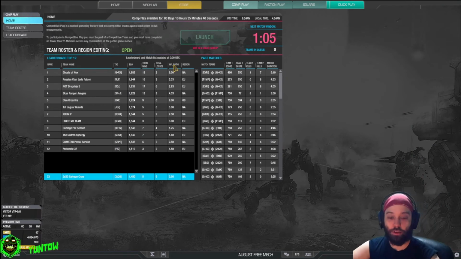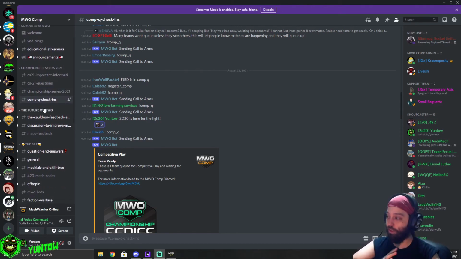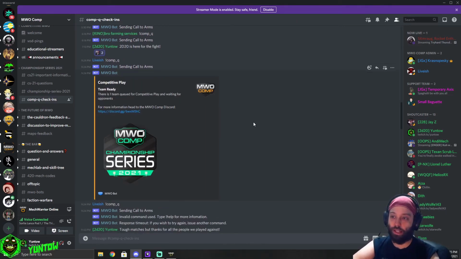Now you might be asking yourself, well, Yuntow, no one seems to be online. How do I get involved? Don't worry, it's very easy. If you go into the MWO Comp Discord and join in, well, join the Discord if you haven't already, because it's going to give you a wealth of information. In Comp Q check-ins, you'll see that there is a way to register your comp for a call to arms. If you do so, you're able to set it to your own Discord. The call to arms works almost like looking for group. You can ping it by doing